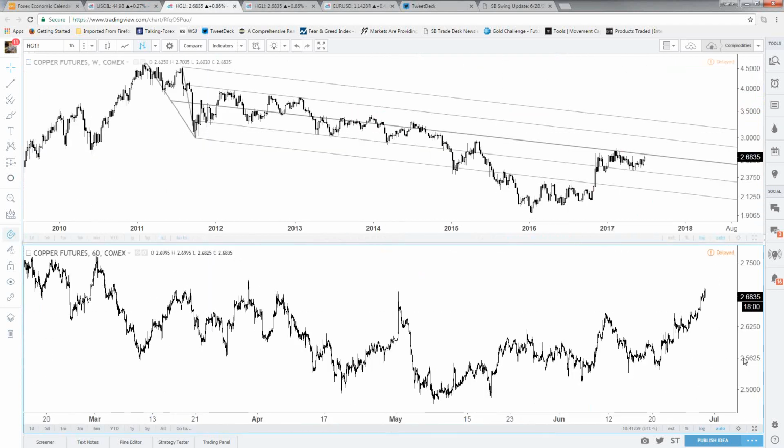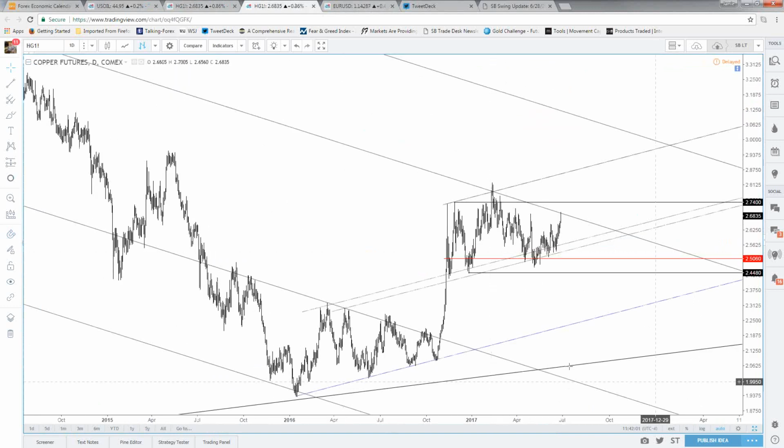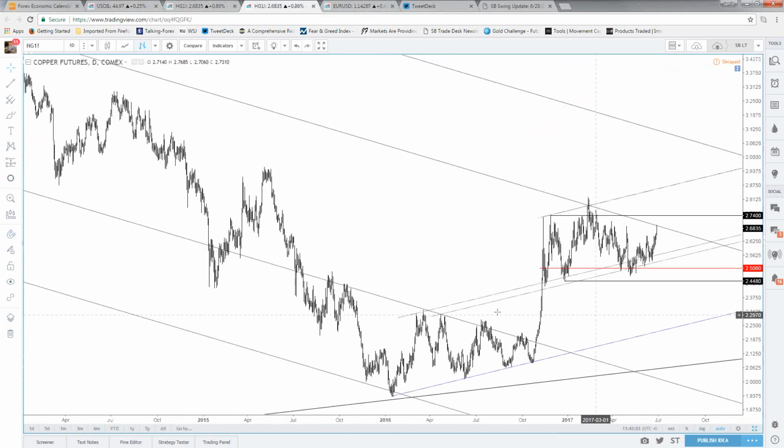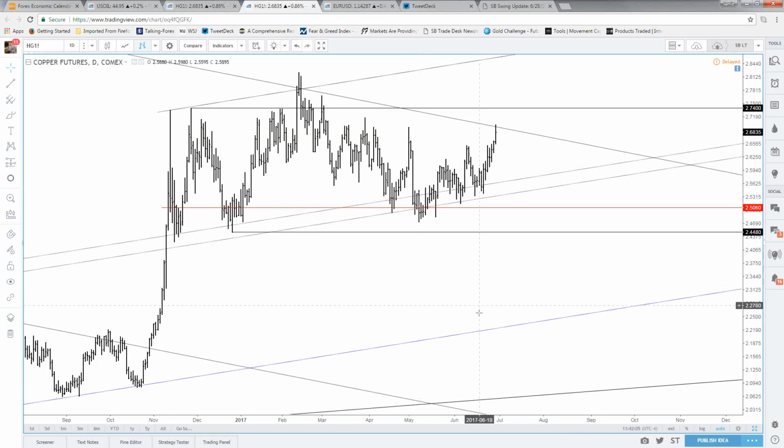Srab is asking about buy levels for copper. So let's look at, see if we can get